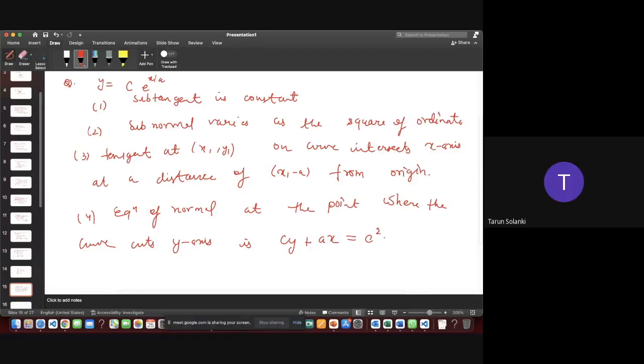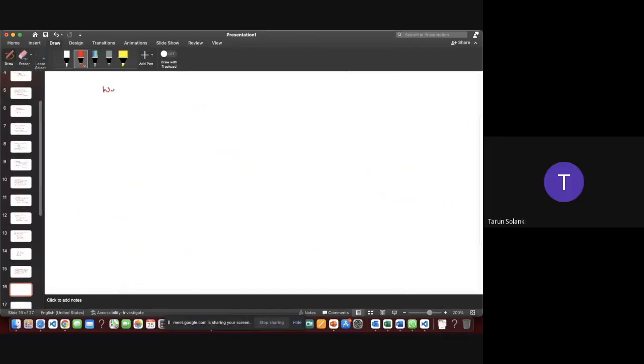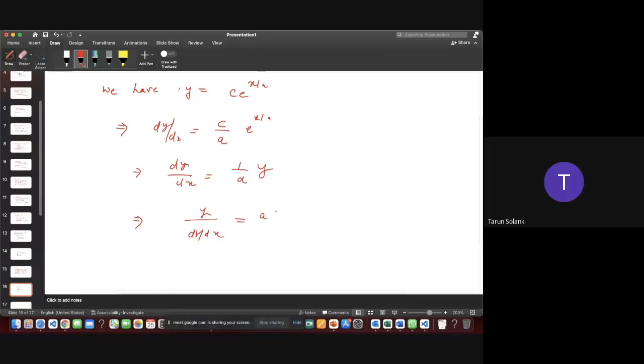Okay, so let's solve. We have y equals c e to the power x by a. Let's differentiate. dy by dx is c by a e to the power x by a. So that is dy by dx is 1 by a y. Correct? 1 by a y. So now y by dy by dx is